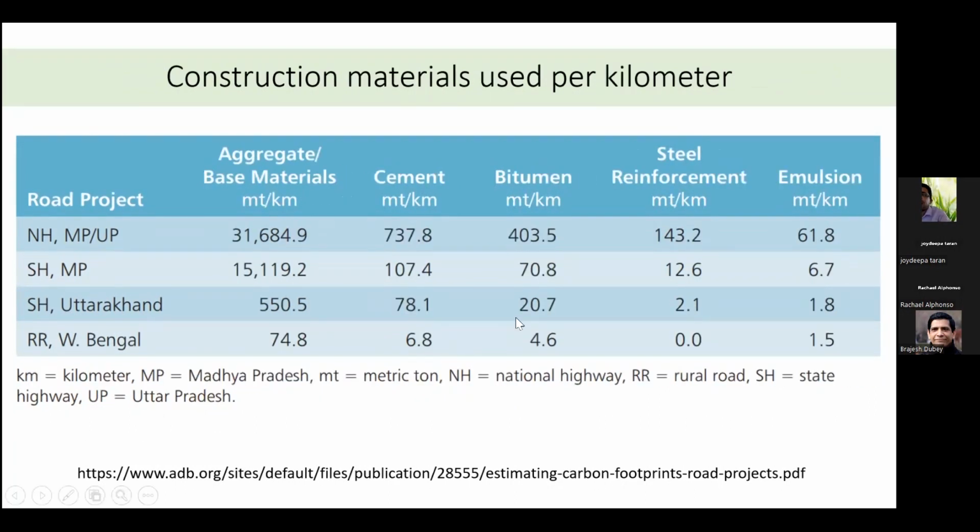Next is the construction materials used per kilometer. This per kilometer is the functional unit for considering all this. There might be different roads: one road constructed for 100 kilometers, one for 50 kilometers, one for 25 kilometers. There might be variation in the kilometers, and all the project DPRs will have the quantities for that particular amount of road. Like for a 25 kilometer stretch, what is the bill of quantities I have?